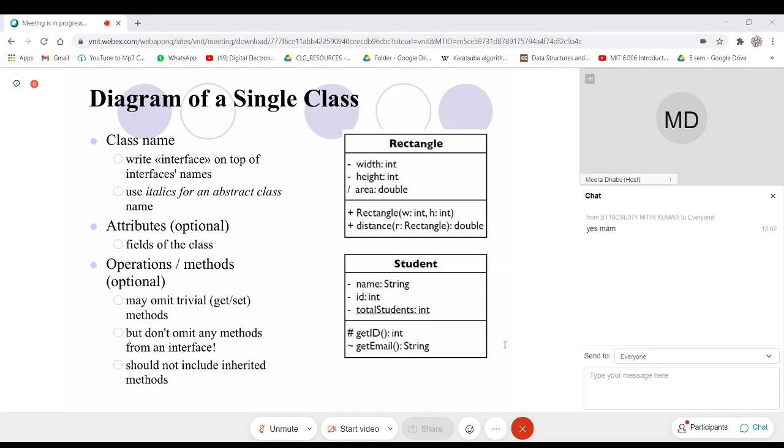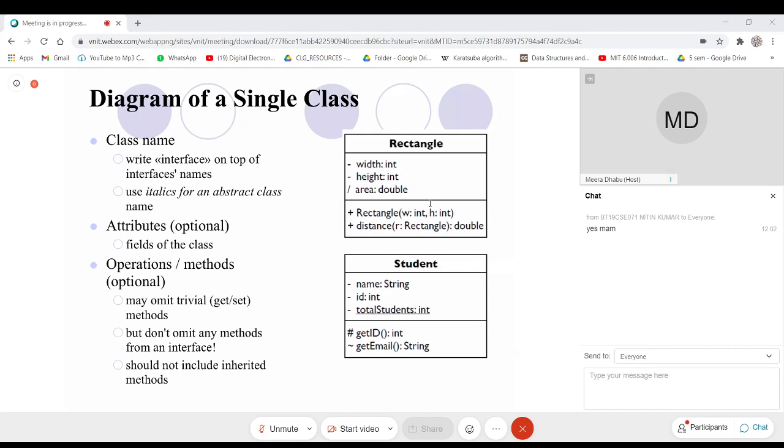Just remind me when I discuss Java. Otherwise the structure is just like a class, but its functionality is completely different. The way it is defined is a little bit similar to the class, but the functionality is completely different. Of course, the UML diagram of the interface will be similar to what I have shown here for class Rectangle and class Student. Only above the name of the class, interface will be written. Here it is not written anything.